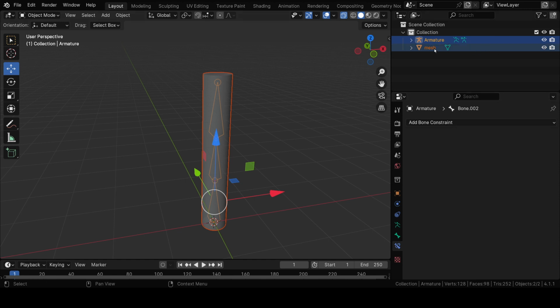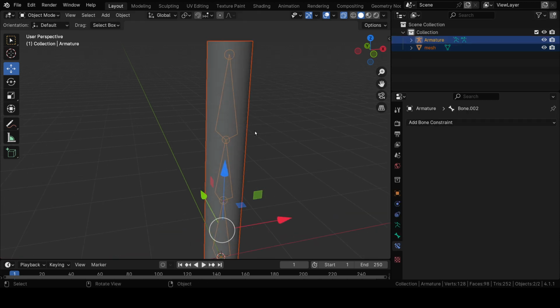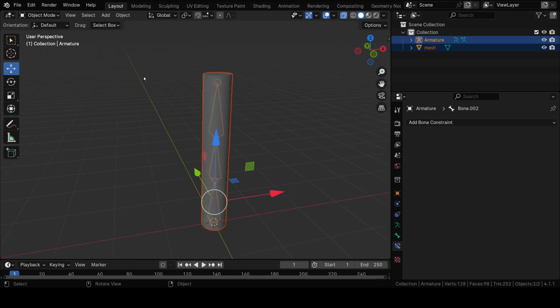So I am selecting the mesh and then the armature. This is the selection order. Now you will see the armature is in yellow color selection, the mesh is in orange color selection. So the active selection should be the armature. Means whoever is going to control should be in bright yellow color. Right. Now I am going to press Control P,